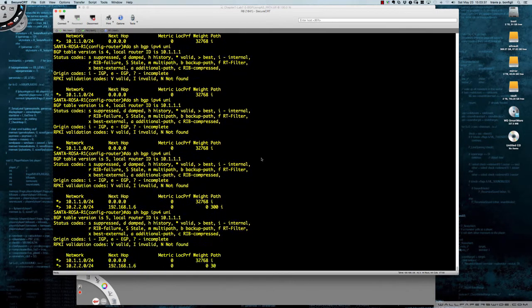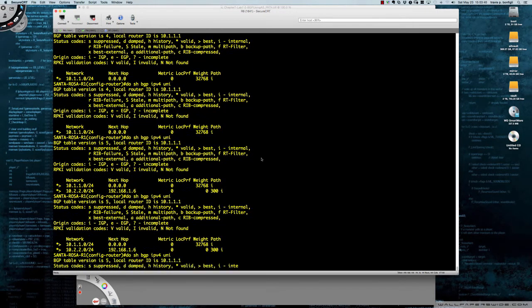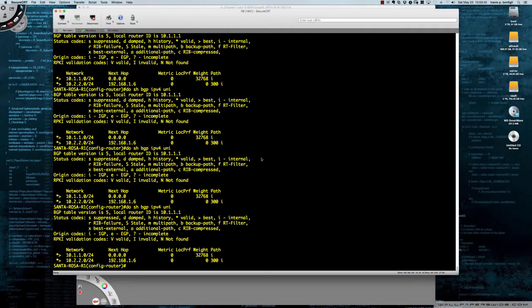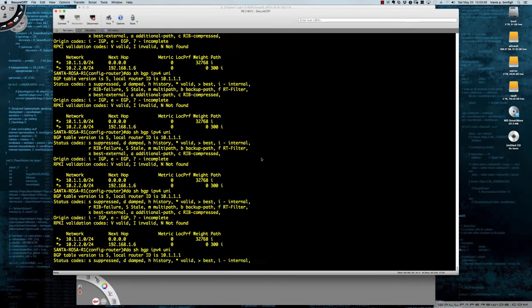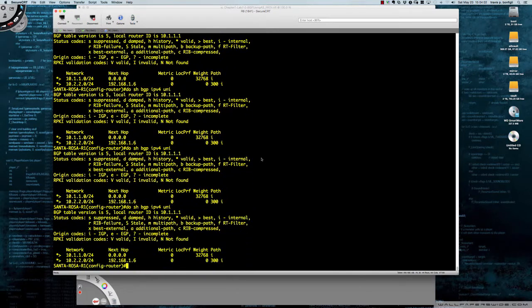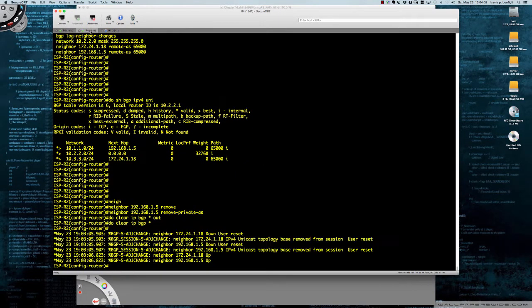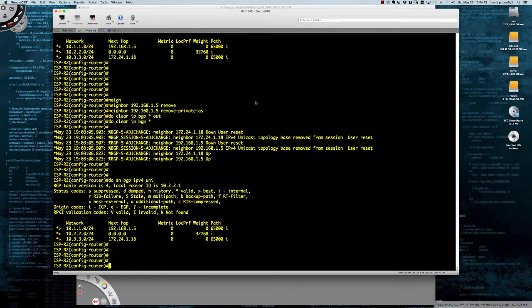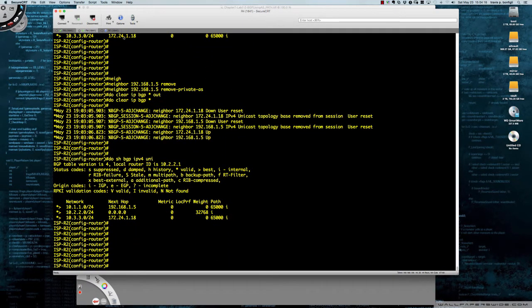All right, so BGP peering is back up now. And you can see, even though we've stripped it, it's still not learning that advertisement. Is the ISP router picking it up? Do show BGP IPv4 unicast. It is, right? However,